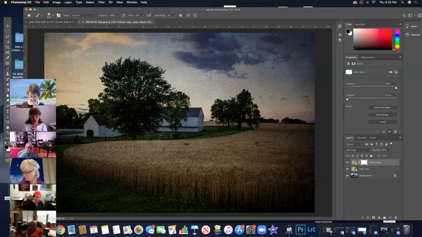Now here's where we get to talk about brushes, okay? One of the most important things about working with brushes, with texture layers, and anything that you're doing in Photoshop is to not have your brush at 100% opacity. I have a friend who works only around 8 or 9%. I think that's a little tedious. I'm going to put my brush down to about 20% opacity. I am going to increase my flow to about 50%. My smoothing at 10% is fine. So to make my brush bigger or smaller, then,